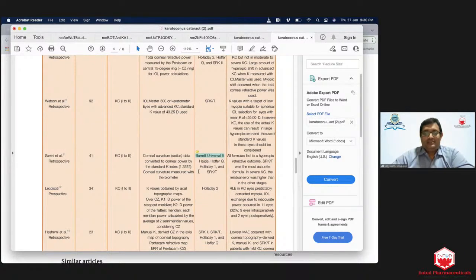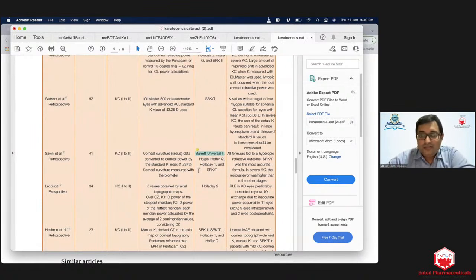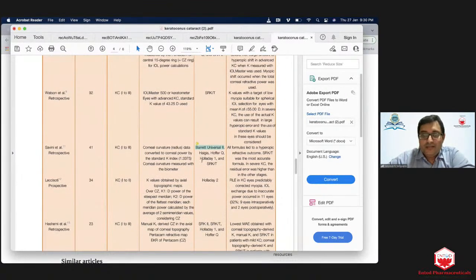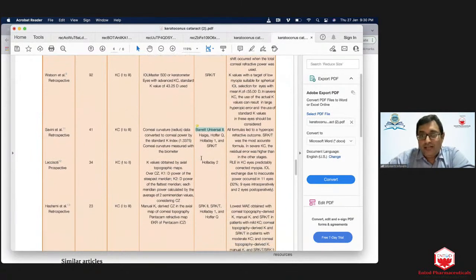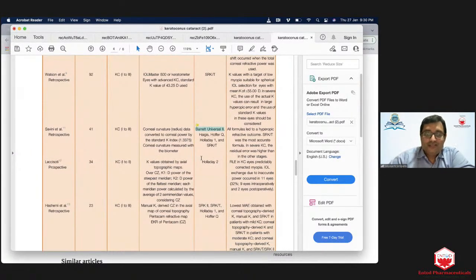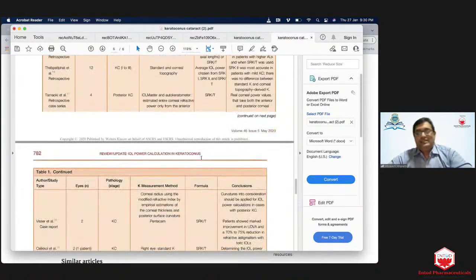And I think Dr. Vaishal has touched upon this a little bit, but it's surprising to see that Barrett's formula, being overall considered to be probably closest to accuracy, at least in normal eyes, and most of these other studies have not used Barrett Universal, or the many modifications or iterations of the Barrett which have now come up. And they are all relatively recent studies, 2018-19. So I think it's sort of unfair to say that SRK/T is the most accurate formula, because a lot of newer formulas and iterations have not actually been compared against. So I think these are some of the takeaways from me on this paper.